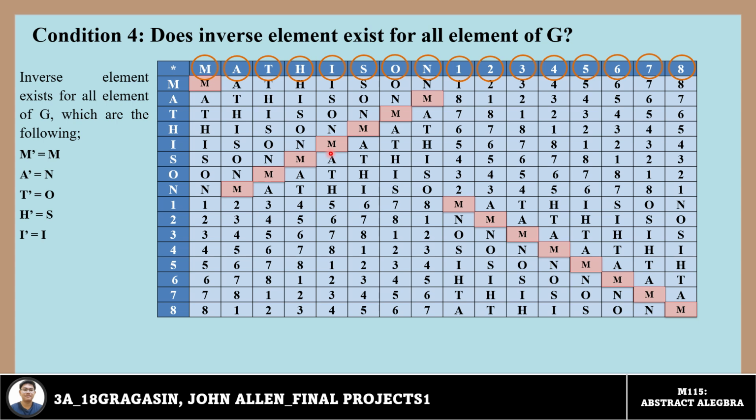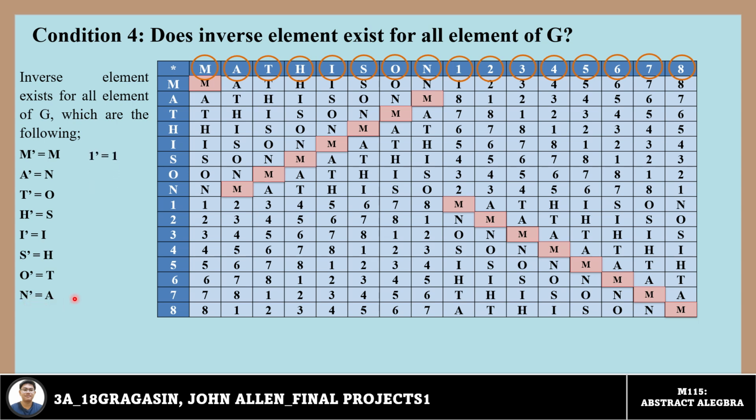So it follows like that. I is for I, and then we have here the S, and then the identity element, and then the inverse element of S, which is the H. So we have here the O, the identity element, and the inverse element, which is above the identity element. So we have, next is N. We have here the identity element, and the letter above it would be its inverse element. Therefore, the inverse element of N is A.